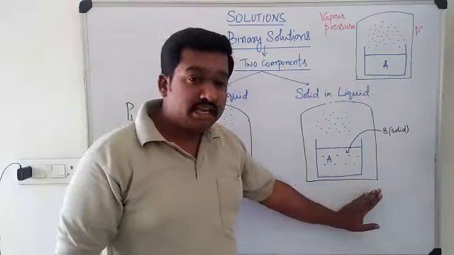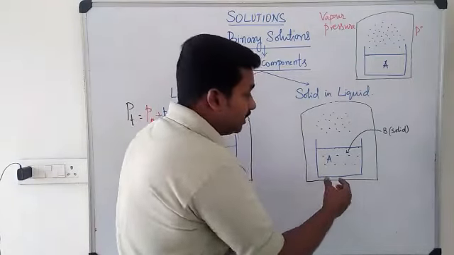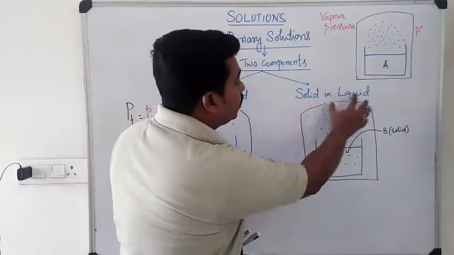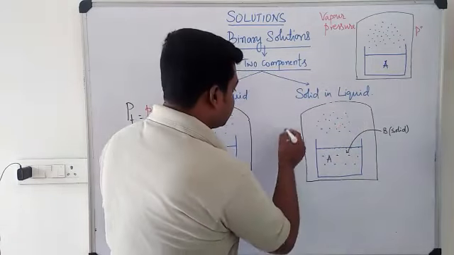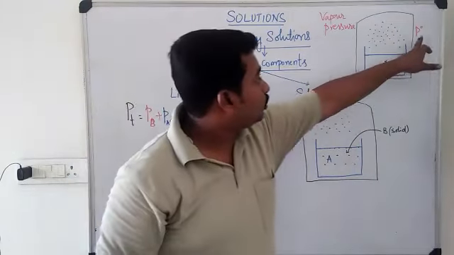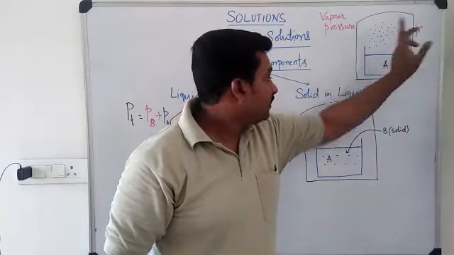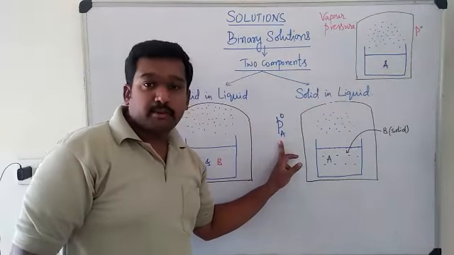Whereas in the case of a solid and a liquid, imagine there is only A, which is a liquid, and B is a solid. Earlier, A had evaporated to collect some vapor here, which used to exert a pressure P A naught. Why P A naught? Because I told you this is a pure value, the value of the pure component. So P A naught was the vapor pressure.